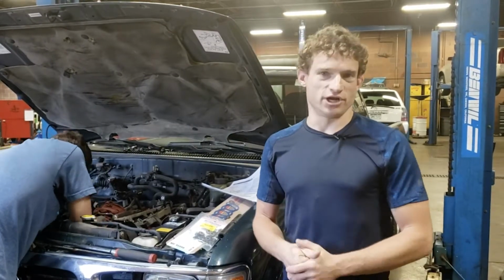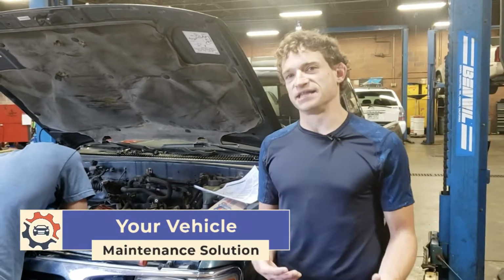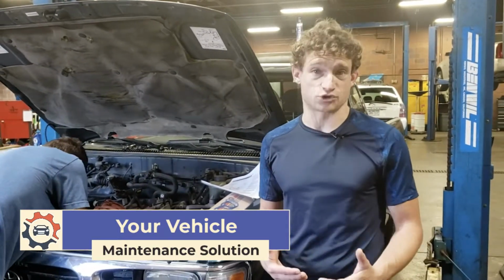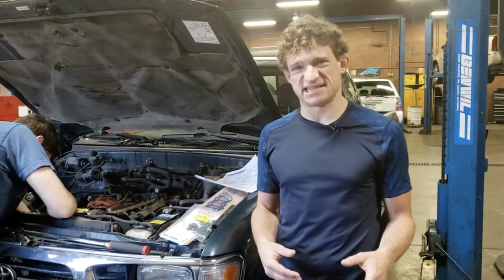Now, the reason that we're here today is we're replacing the timing belt and water pump component kit in the vehicle. Now, a timing belt is a regular maintenance service in most modern vehicles, and is something that is typically replaced every 70 to 100,000 miles, depending on the service interval from the manufacturer. In the case of this vehicle, it's actually been about 120,000 miles, so we're a little bit beyond that service interval. However, we want to make sure it gets the proper care and maintenance that's going to keep it alive